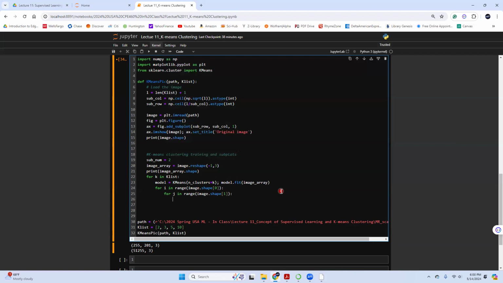So for IJ's image here, I will load the RGB data, and after getting the RGB data, I can predict which cluster it belongs to. No matter what you do, the order doesn't matter. I don't know whether the order is the same as in my slides, but no matter what, I want to do it.